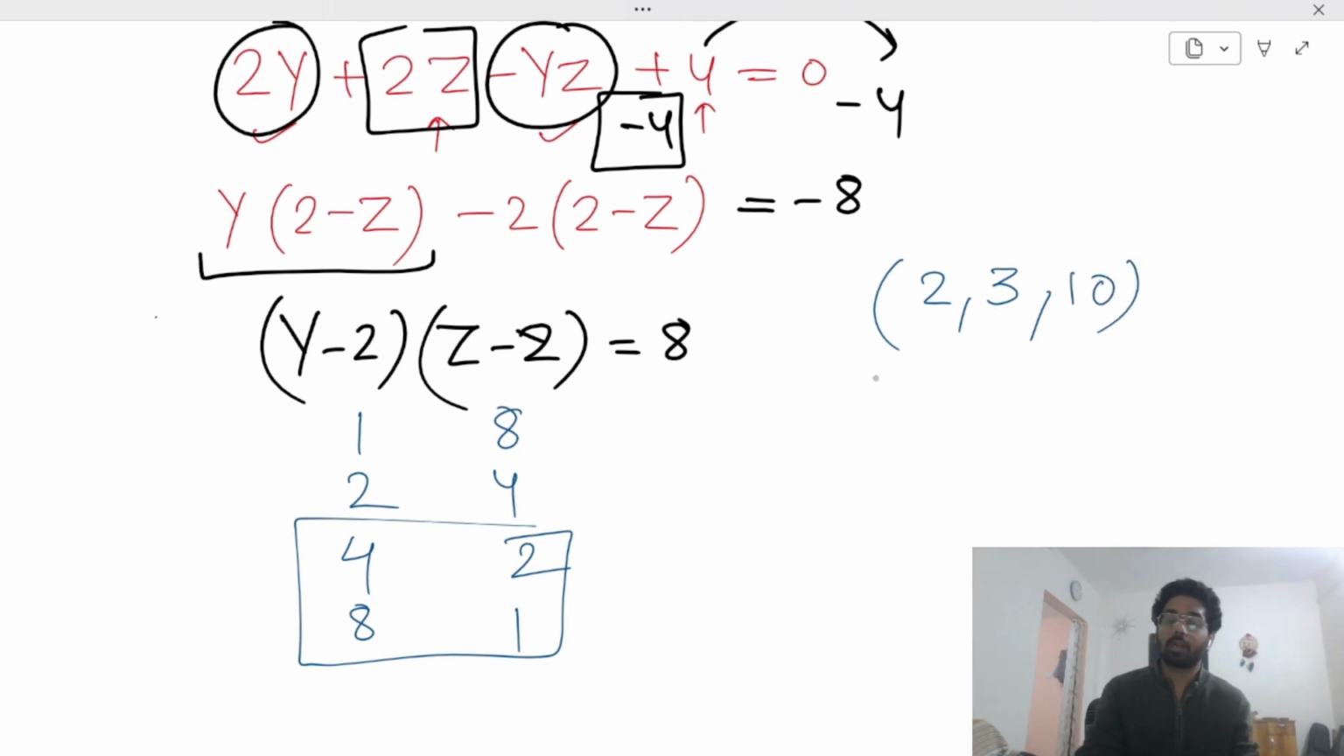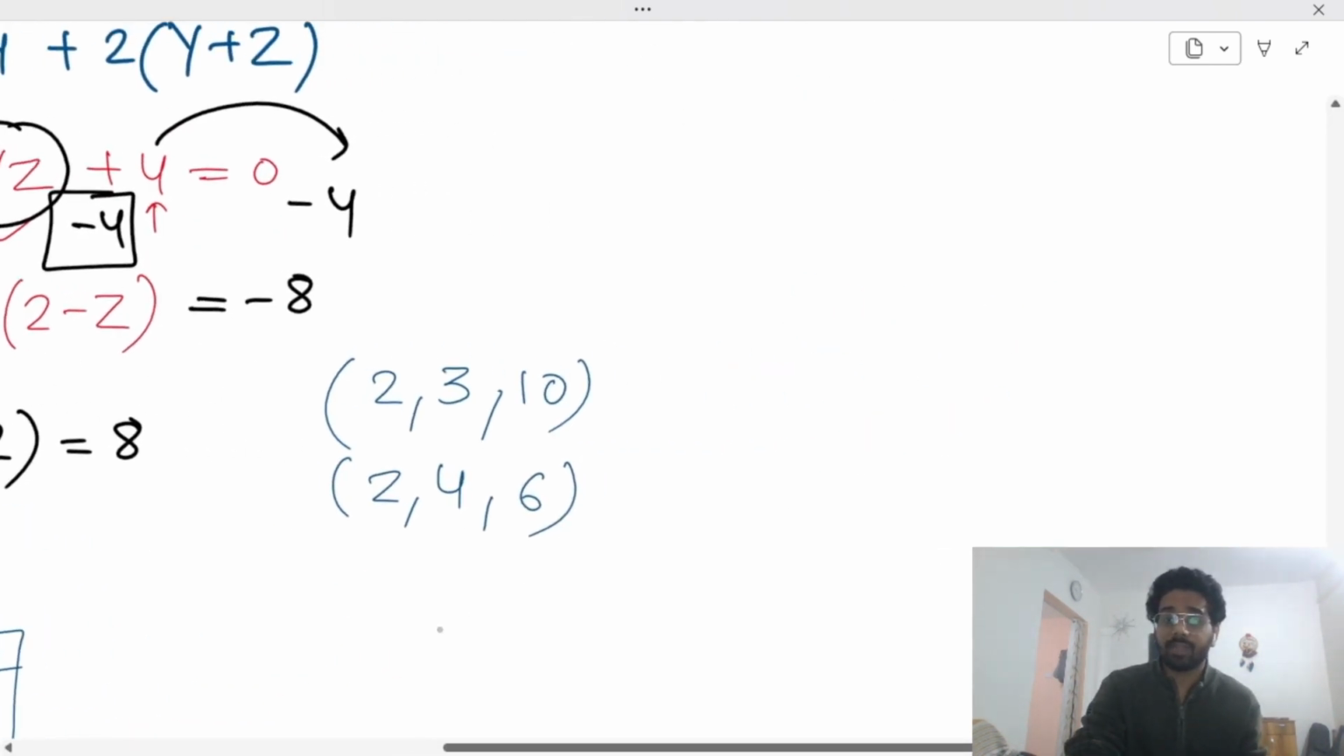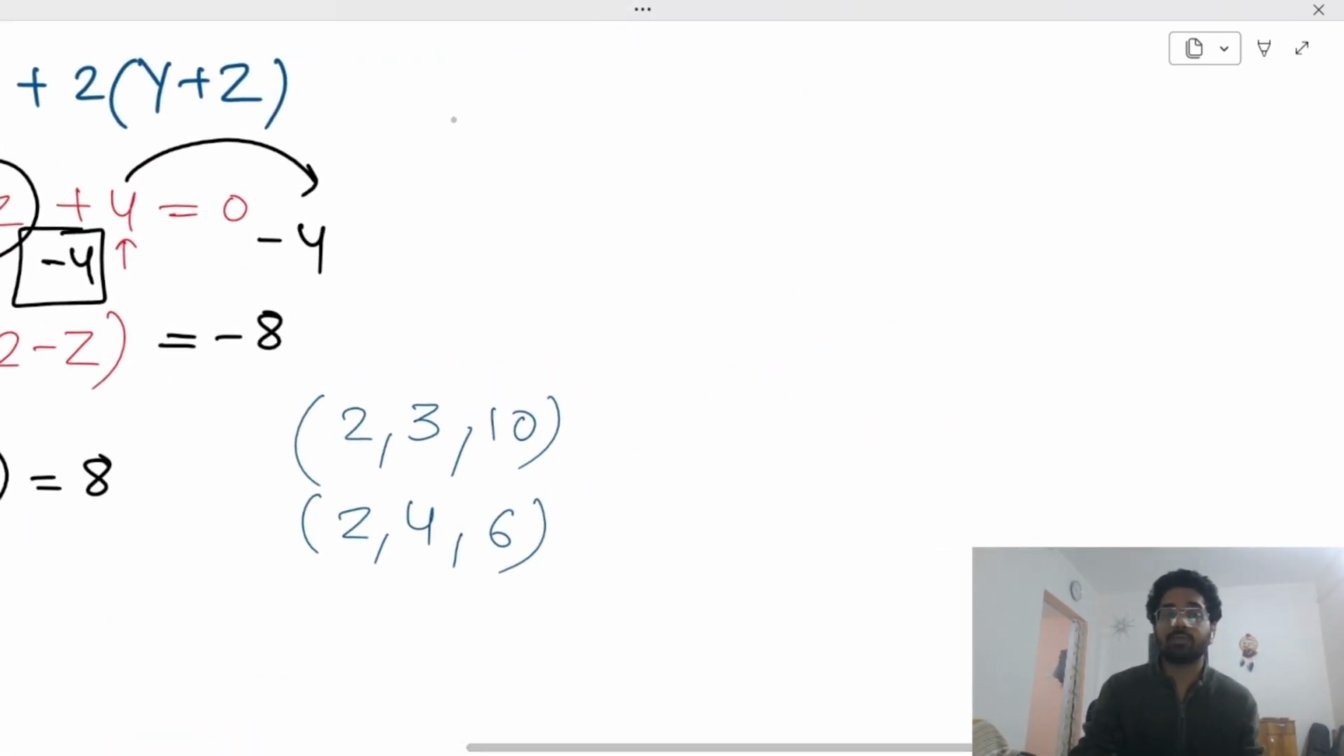We have got one more pair of x, capital Y, capital Z. And if y minus 2 is equal to 2, then at x equal to 2, we are having y equal to 4 and z equal to 6. Alright, so if this can be the solution,